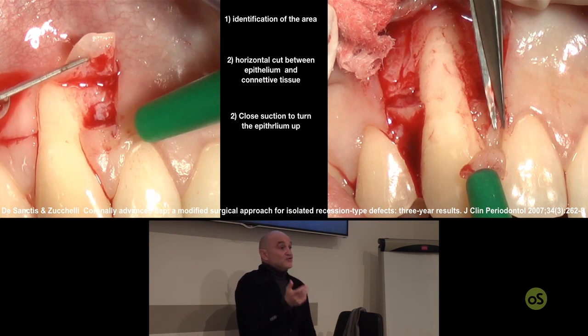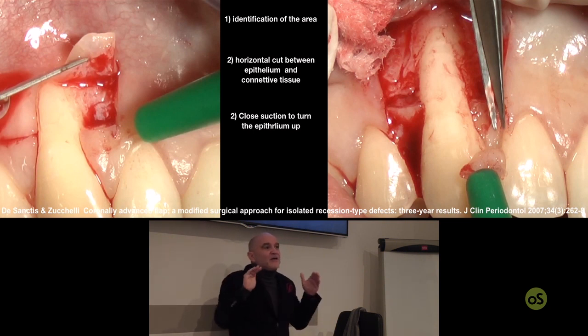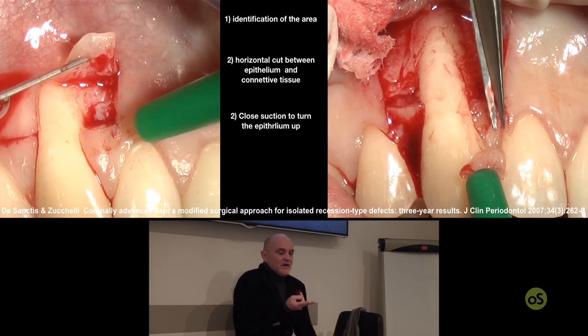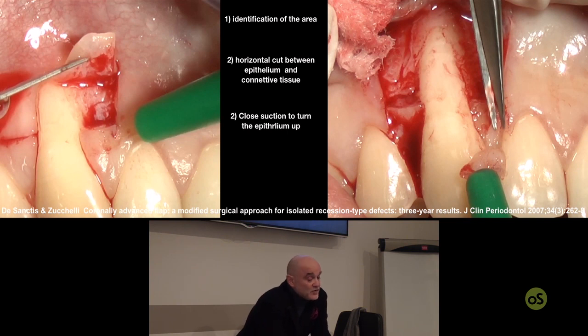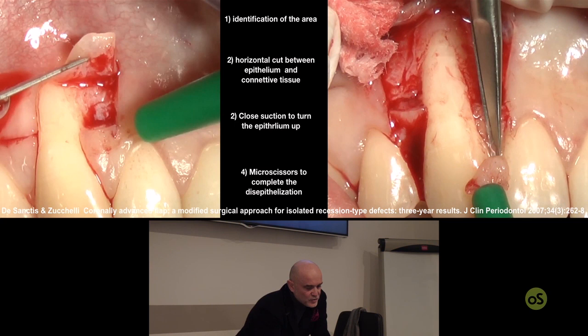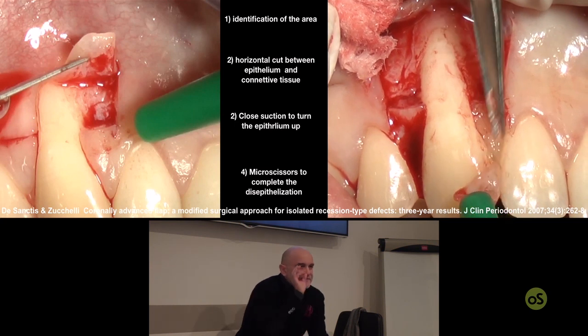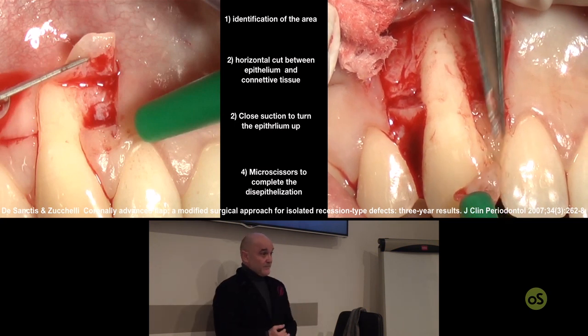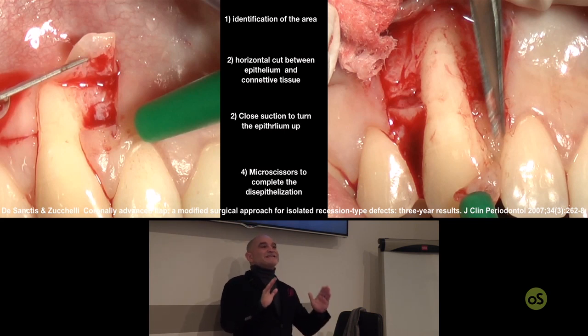This is the time to change instrument and use the microsurgical scissors, that are very, very good to follow the connective tissue surface. The microsurgical scissor is not good enough to cut between the epithelium and connective tissue. This can be done only with a blade. But once the connective tissue is exposed, you can place your microsurgical scissors and continue the de-epithelialization towards the whole triangular tip, which is removed in one piece. So this is the second step,